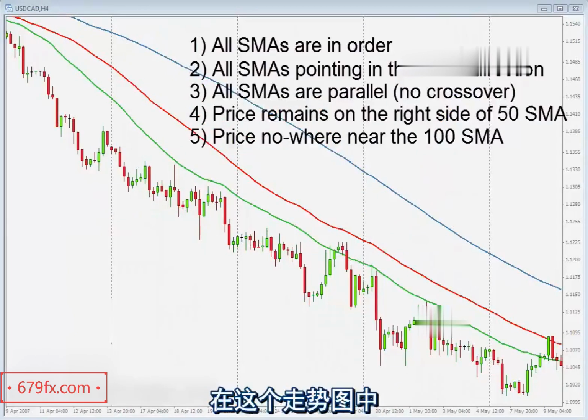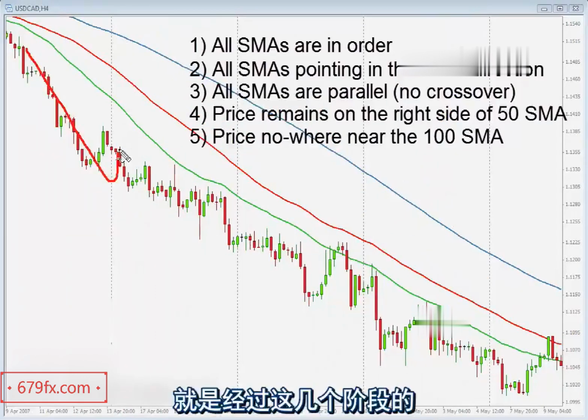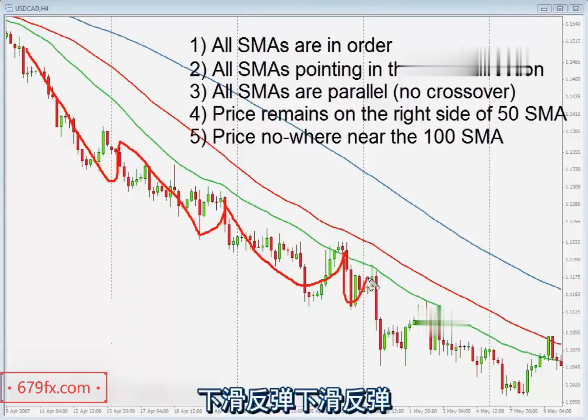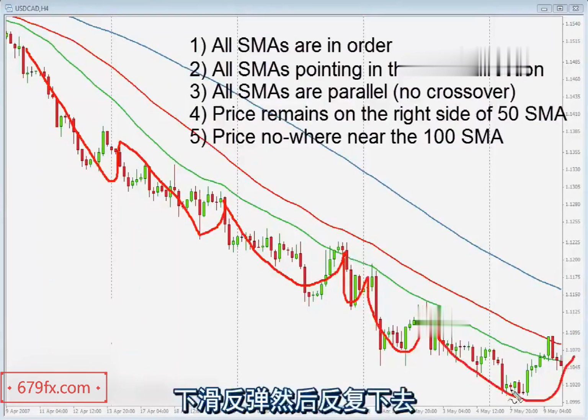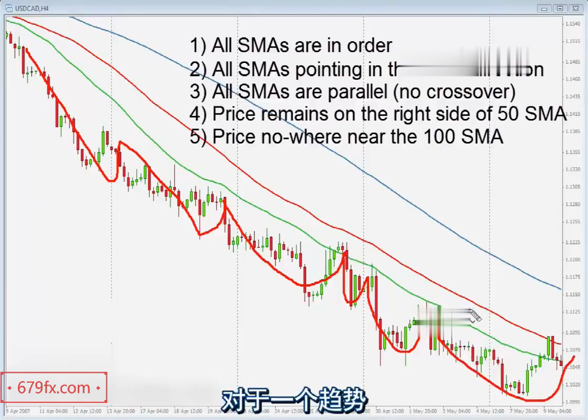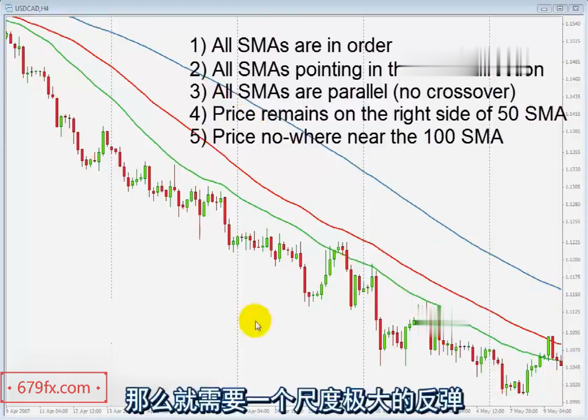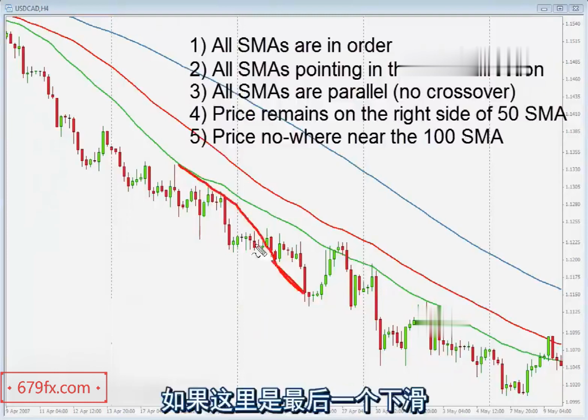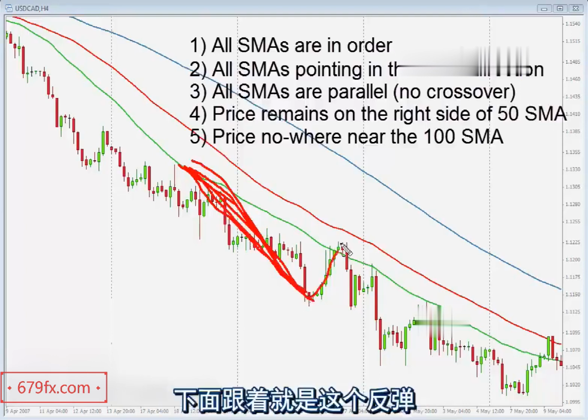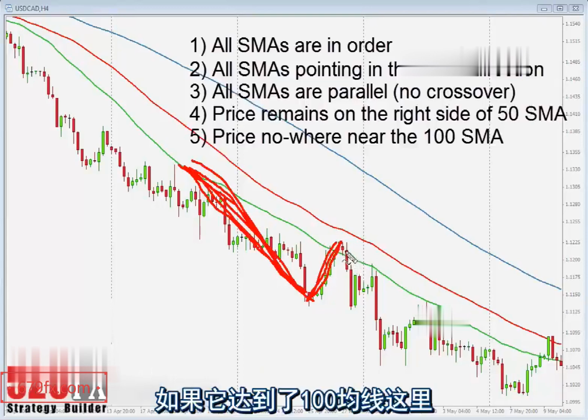Well, in this trend, as I was just showing you guys, we basically go through swing, pullback, swing, pullback, swing, pullbacks, and so on. In most of the trends, in order for price to touch the 100, usually what we see is quite a large pullback. Let's assume, for example, this last swing I'm marking right now on my screen, and it's followed by this pullback. If we were to reach the